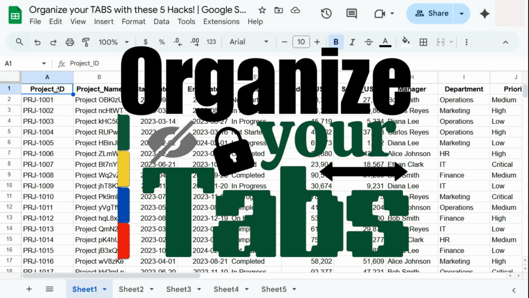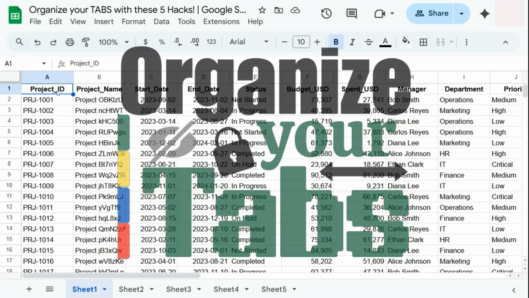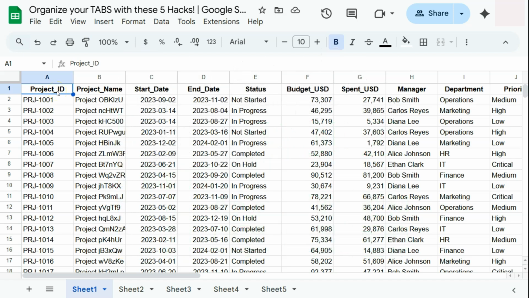In today's video, I'm going to show you quick and effective ways on how you can organize your tabs here in Google Sheets. Whether you're working with a few sheets or dozens, these tips will definitely help you keep everything clean and easy to navigate. So we have 5 hacks in total, and the first one would be to rename your tabs with clear and